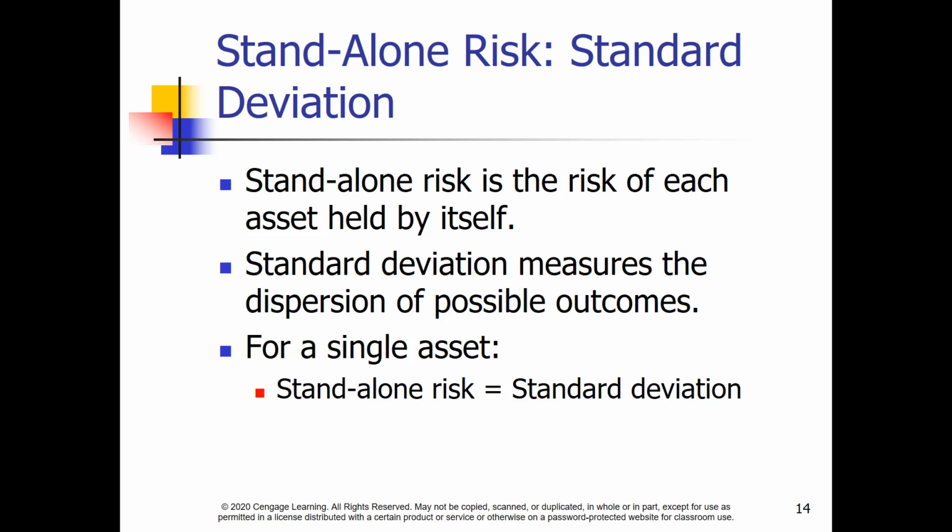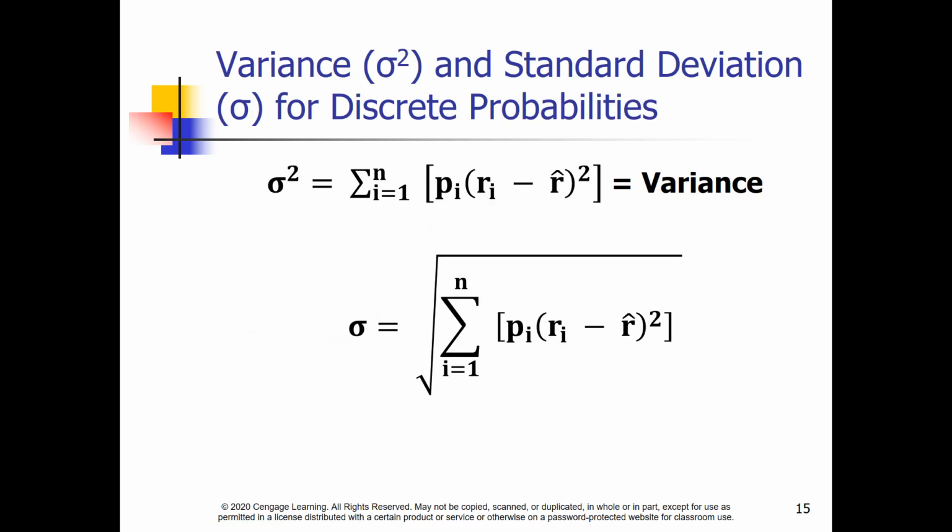Risk can be approached in several ways, the easiest of which is standalone risk, looking at an investment as if you hold it alone. Standalone risk is measured by the standard deviation of the expected returns on the investment. Here is the basic formula for standard deviation of expected returns. Variance and standard deviation measure the same thing, dispersion around the expected result. In finance, we use standard deviation rather than variance as the measure of risk. If returns are expressed as a percentage, then standard deviation is a percentage as well, while variance is percentage squared,